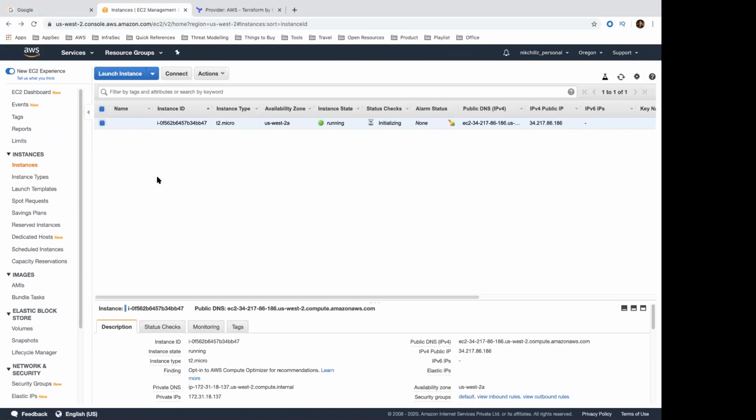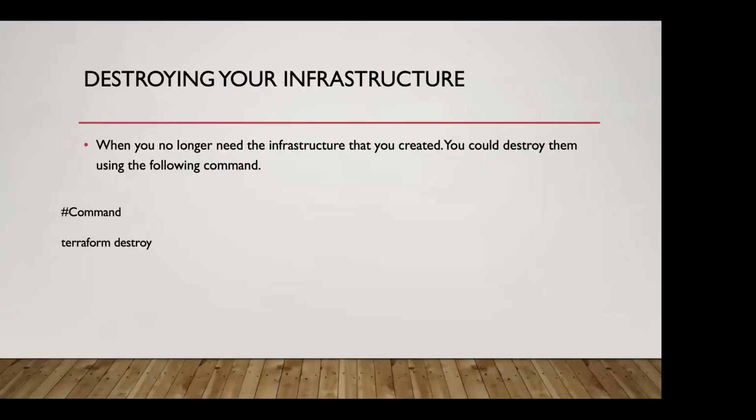If you compare it to logging into an Amazon AWS account, selecting all the parameters and then spinning up a new instance, it's going to take a lot of time. This happened within a span of 40 to 50 seconds. Imagine if you wanted to commission a larger number of instances or some sort of infrastructure. You could use Terraform and spin it up in no time. Okay, so that's the whole purpose.